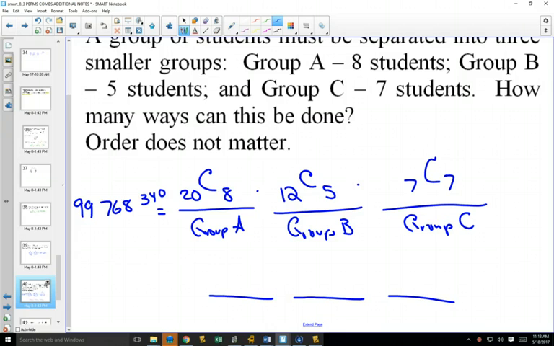Now, I think you could have also figured this question out if I gave it to you 3 days ago. Now, if we went 3 days ago, we wouldn't have learned combinations yet. You wouldn't know how this C is, you wouldn't know it existed. So how could we solve this question using permutations only? Why? So we could make this like a Mississippi question. So in other words, if you lined up all your students from tallest to shortest, or whatever way from oldest to youngest, and then you took